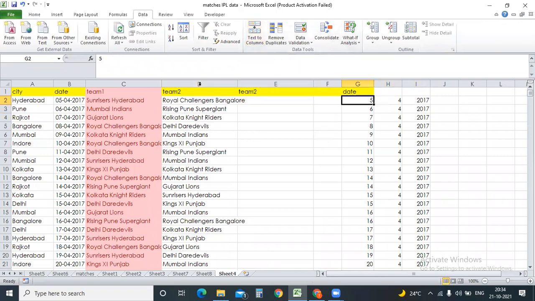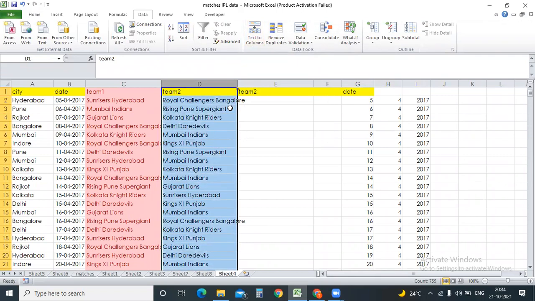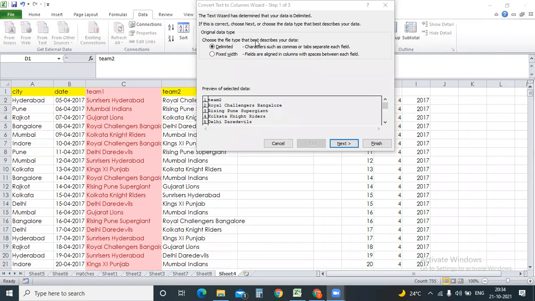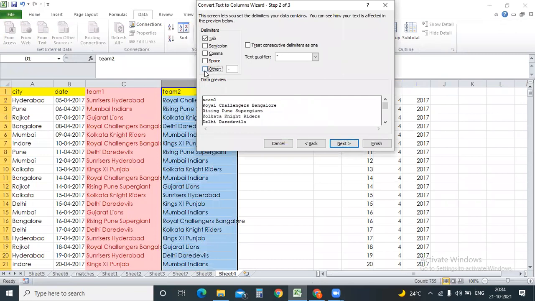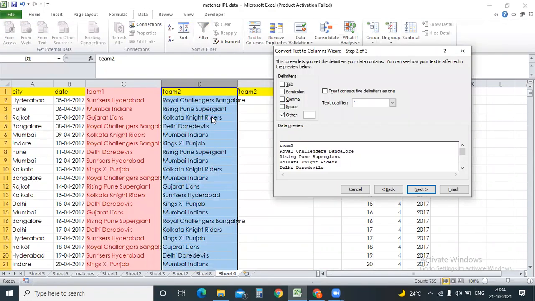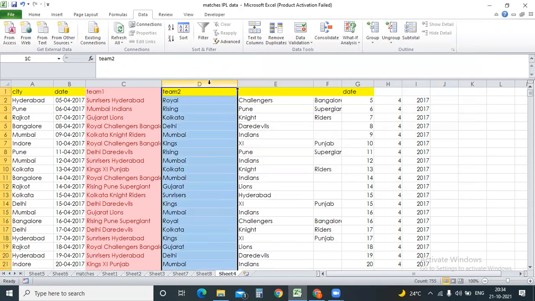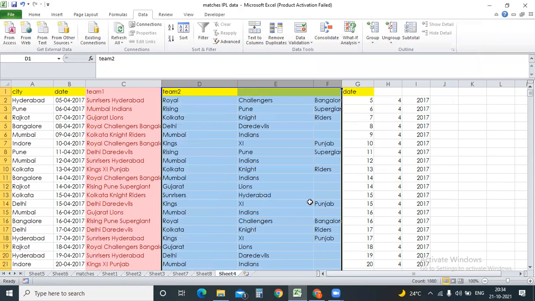This is nothing, guys. If you have 3 names and you want them in 3 different columns, how can you do that? Just go to text to columns. Just click on next. Now I need to bifurcate with respect to what separator over here. Space. Just click the space. Next, finish. Can you see the difference? Yes. That's it. So now, 1 second, guys.